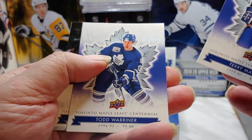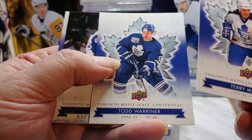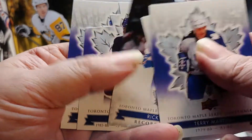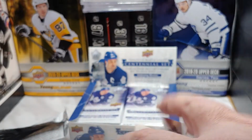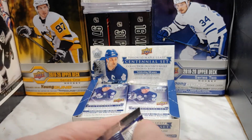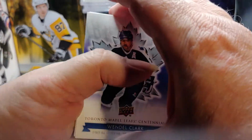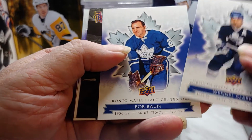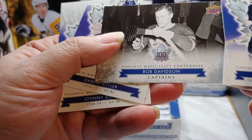Okay, Terry Martin, Todd Warner. Met him several times. I got several autographs of him. And Rick Vaive, former 50 goal scorer. Wendell Clark on a die cut. And Mike Johnson. And we got Wendell Clark without a die cut. Bobby Baun, I remember watching him play in the late 60s, early 70s. And Bob Davison,